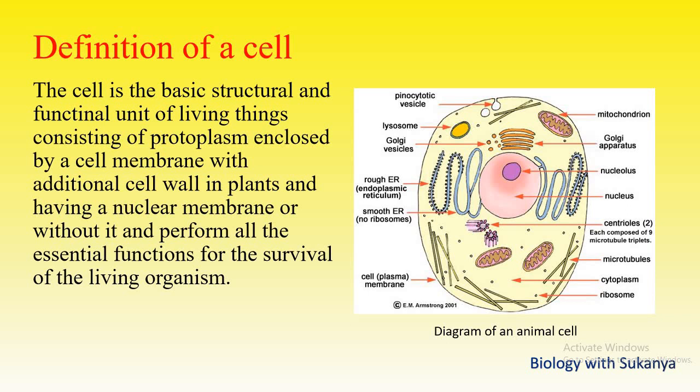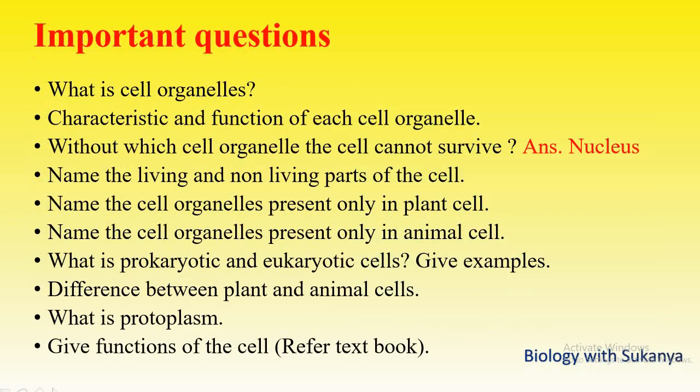Here you can also add the names of the cell organelles which are present in plant cell and animal cell. Also, do not forget to provide the diagram of a cell and don't forget to mention whether it is an animal cell or a plant cell. If you are drawing an animal cell, do label the cell organelles which are exclusively found in animal cells, and if you are drawing the plant cell, do write the organelles which are present in plant cells only. And if you do that, you will get full marks for this question.